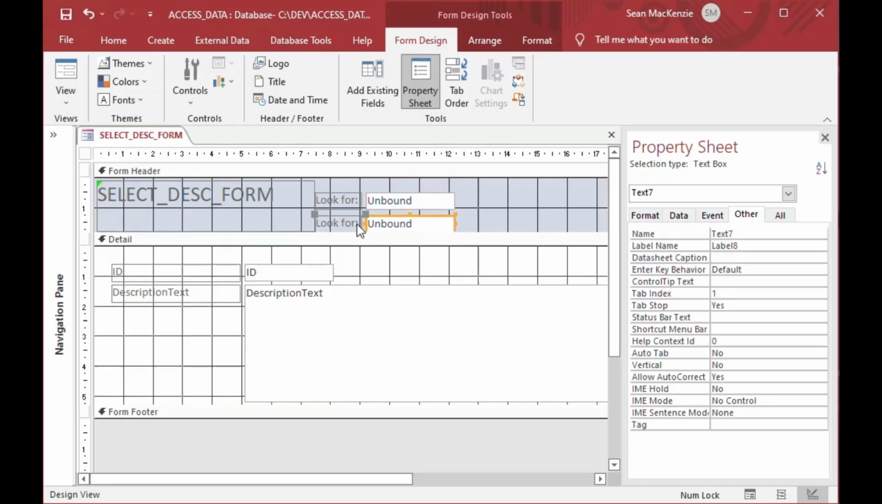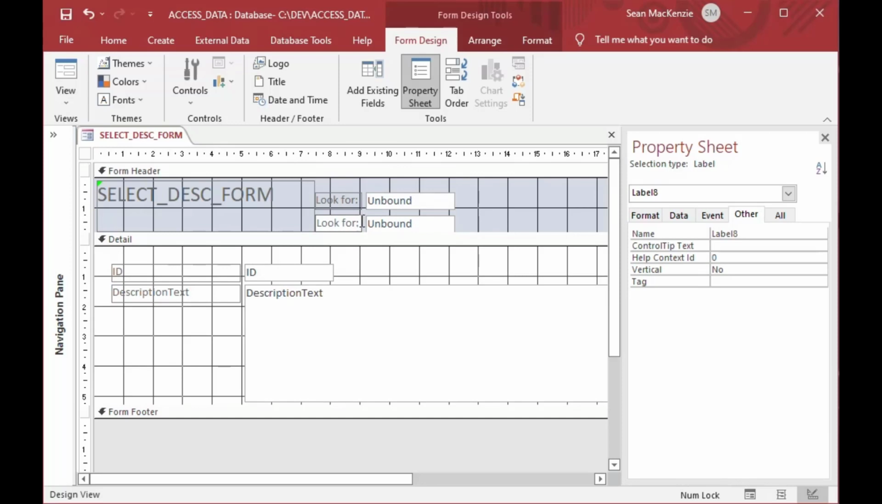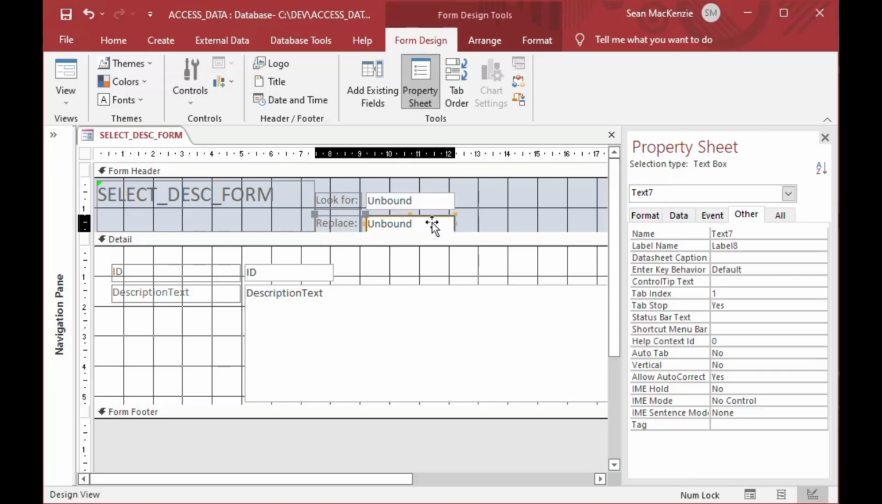And I'm just going to Control C, Control V to copy and paste that same text box, and I'll just say replace as an optional setting that we can use when we're using these two text boxes, just to demonstrate how this works. This one's called text7, so we'll change that to txtReplace, and that'll give us two text boxes that we can use